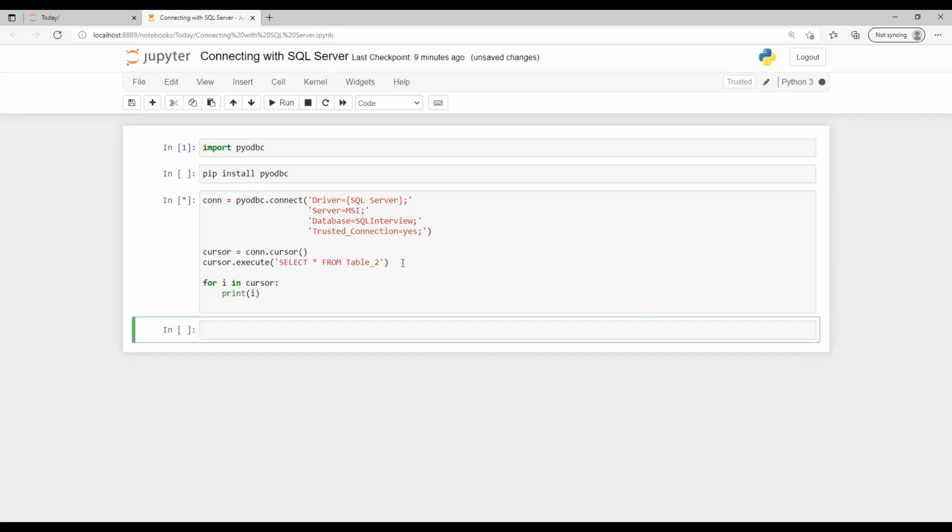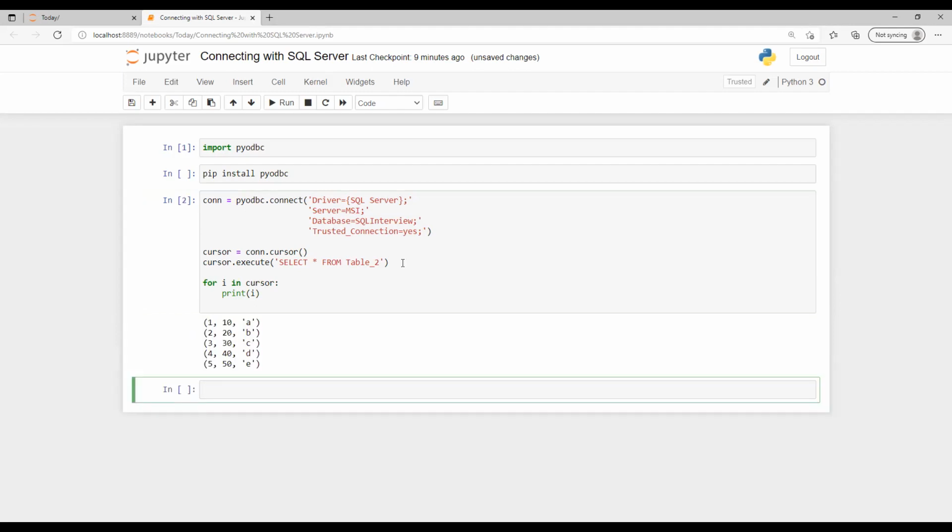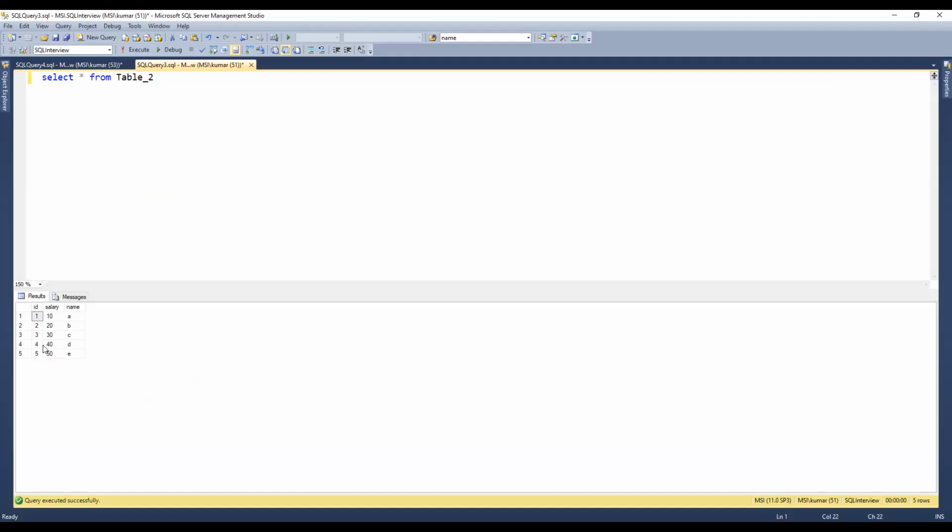It's going to take some time to run that cell, and once it executes, we'll get all those details. So now we got all the output: 1, 2, 3, 4, 5, and then the respective values. We are getting it here as well, right? 1, 2, 3, 4, 5, and all the other things.